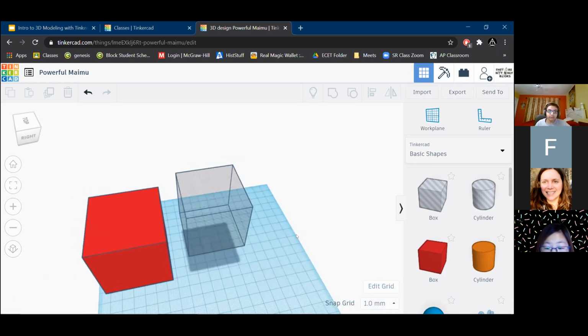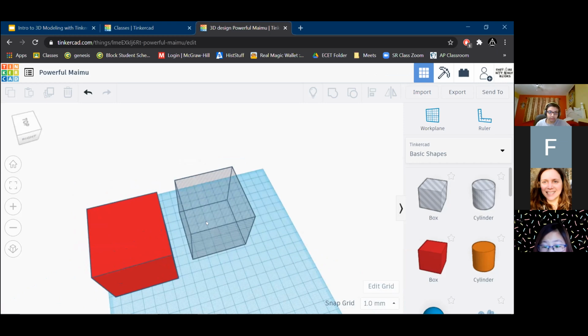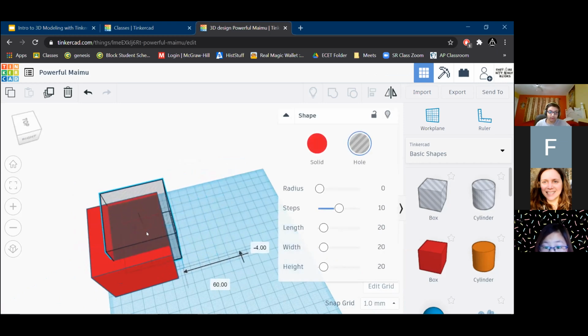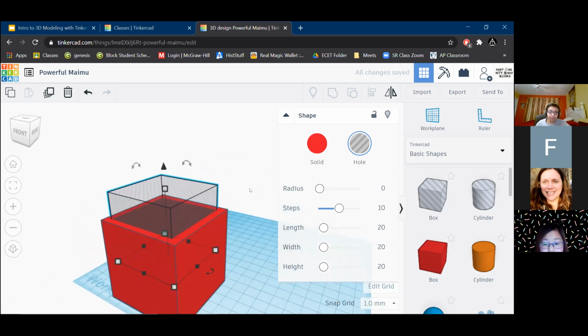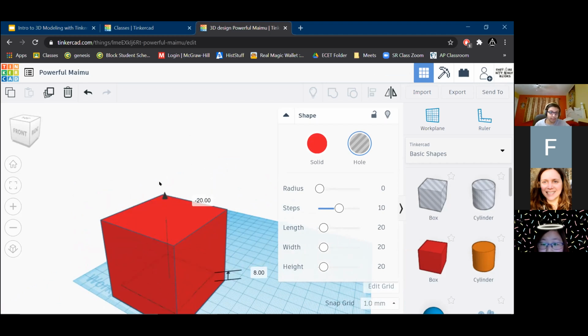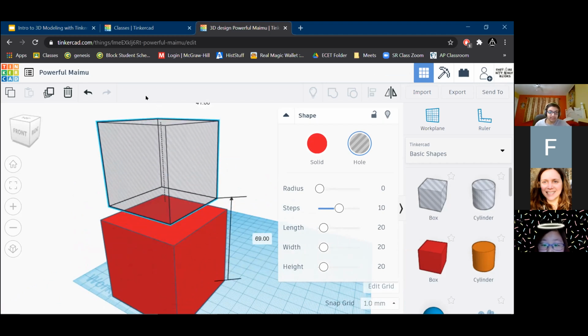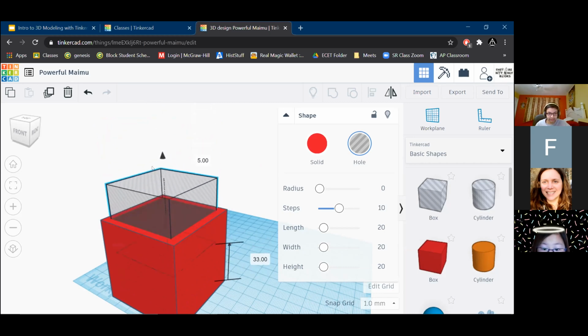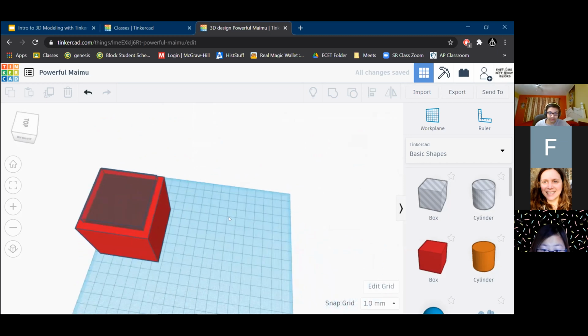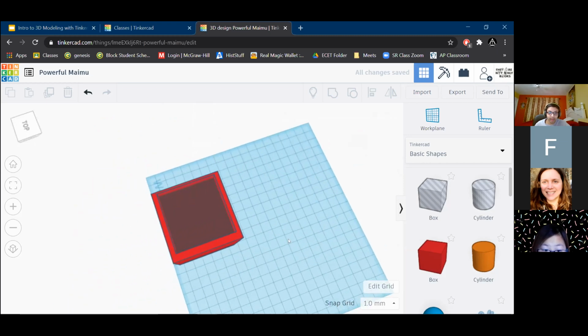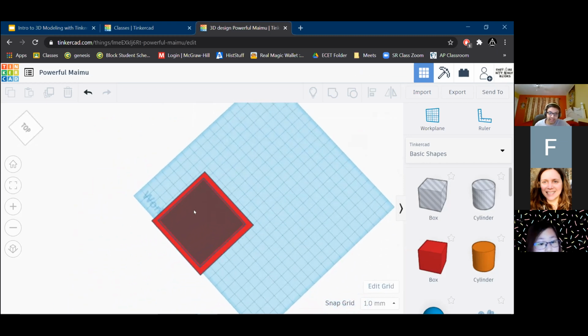Okay. So now what we're going to do is move the gray box into the red one. Now here's where you can check if you moved it up enough or not. Because if you moved it too low, then it's going to disappear. If you didn't move it up, then it's not going to touch. So this is how you can check if you moved it the right amount. So it should look something like this. Now, the very important thing here is that there,